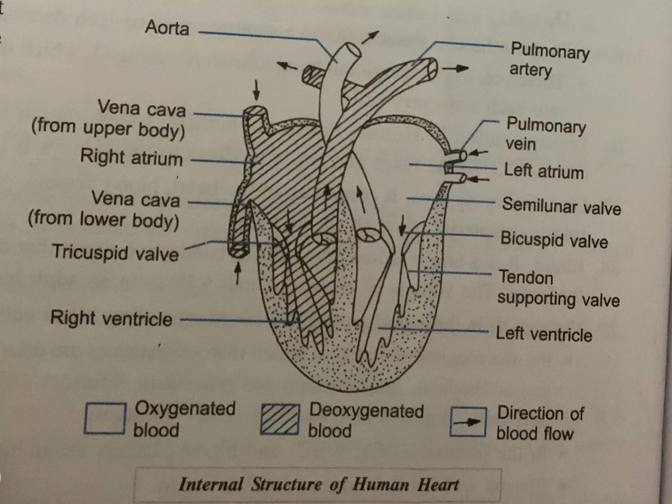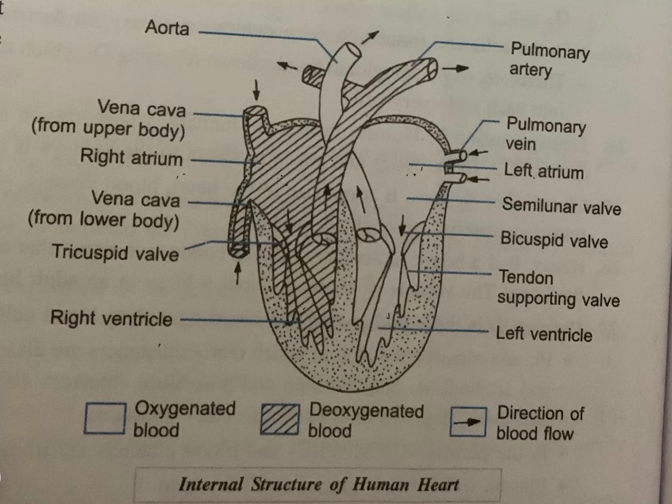Atrium is divided into two parts, right atrium and left atrium. See, this is the right atrium and this part is the left atrium. The lower part is left ventricle and right ventricle. See, left ventricle, and this one is right ventricle. So four chambers: right atrium, left atrium, right ventricle, left ventricle.